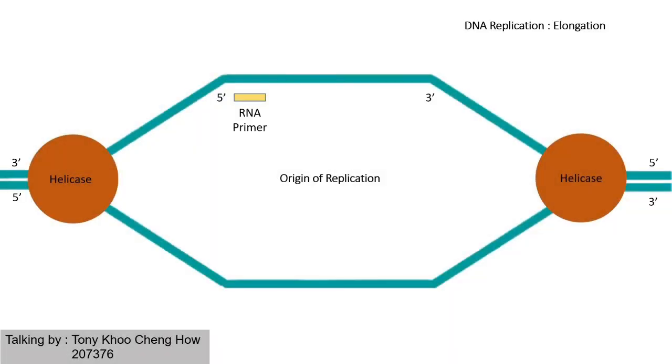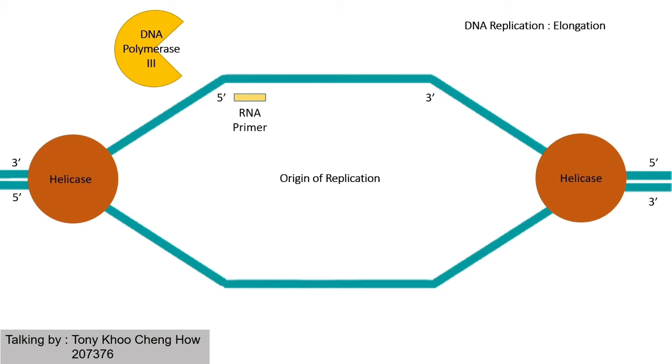The third step of DNA replication is elongation. Enzymes known as DNA polymerases are responsible for creating the new strand by a process called elongation. There are 5 different known types of DNA polymerases in bacteria and human cells. In bacteria such as E. coli, polymerase III is the main replication enzyme, while polymerase I, II, IV, and V are responsible for error checking